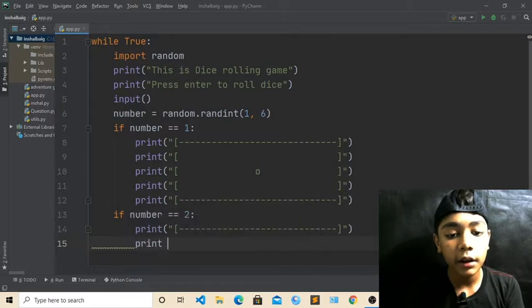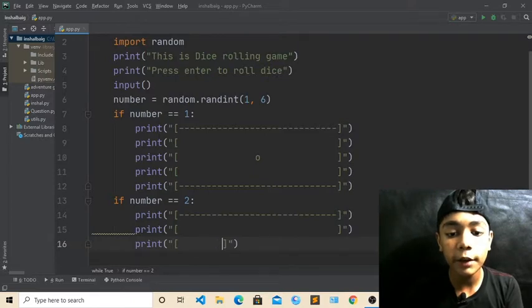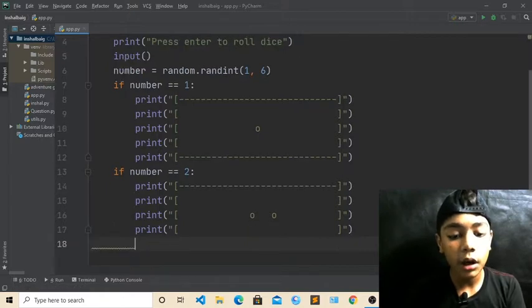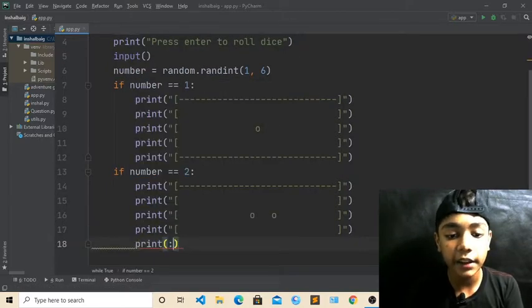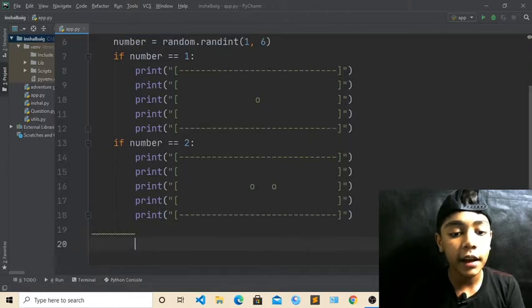Come over here again, define another print which will be empty over here, okay. It will be empty here, and now just press enter, print tag again. Now it will be like this, and now there will be 2, okay, because we were defining 1, so now we will define 2 dice over here like this, okay. You can see I have defined 2 over here. Now come over here, and here you have to also take an empty tag, okay. Now this will be empty. Now come over here, write print tag again. Now it will be like that, and now here you have to write dashes, okay, because we are closing, like I have told you. Now come over here, and now press enter and another enter, okay.